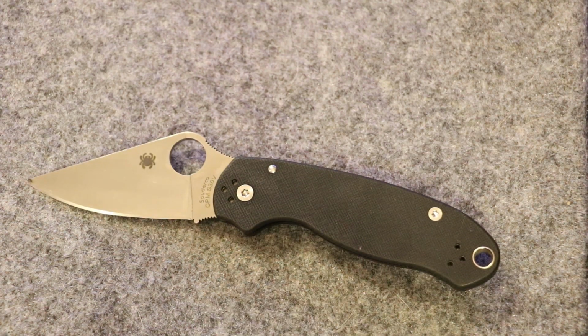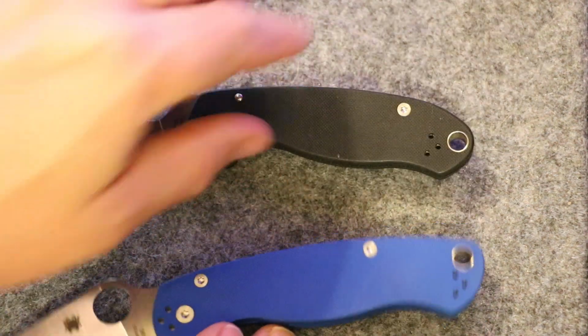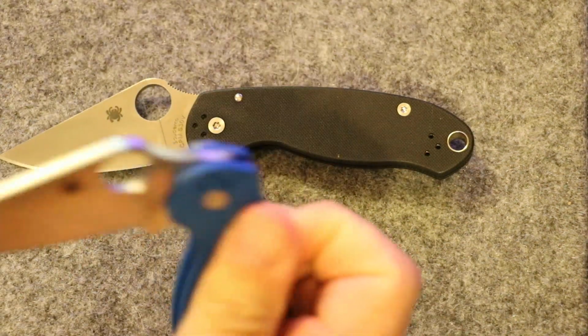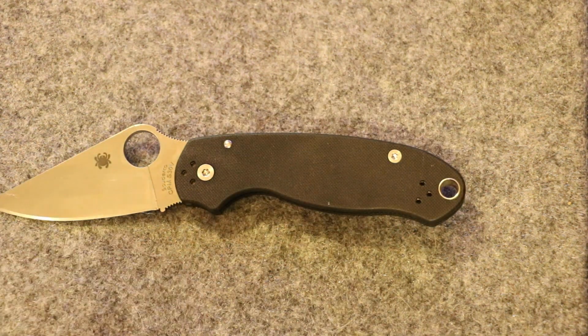The things that I like most about it, obviously, as I've talked about a little bit ago, the size. The size is just perfect. I've always had a love affair with the PM2. I always talk about how much I like that size. I still like the size of the PM2. A lot of the same functionality and capabilities are put into the PM3. And I know they're going to come out with more steels and all that to make this a fun knife like the PM2, but